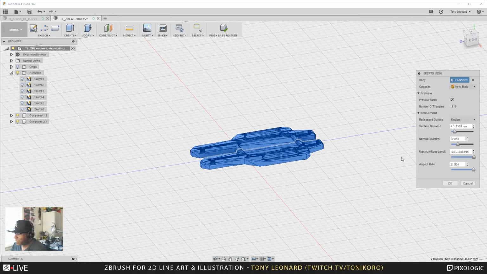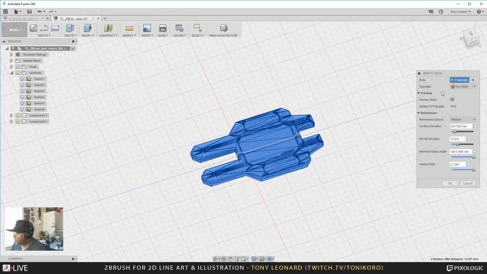But if you did this, you could actually see what the geometry is going to come out to. So in this B-rep to mesh, I actually have the preview mesh clicked on. So now what I want to do is actually, I could change sort of the surface deviation, which would actually give me more faces. Yeah, getting ready to export it. So you need to follow those steps to probably get it out to something that you can use like in OBJ. So if I hit OK,